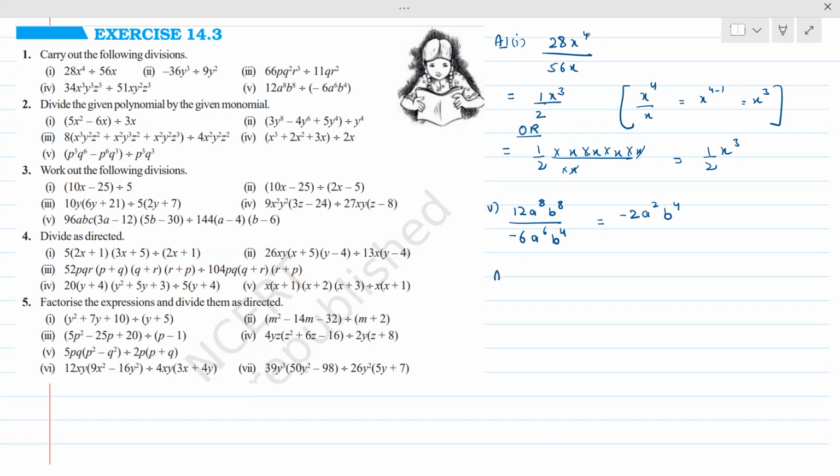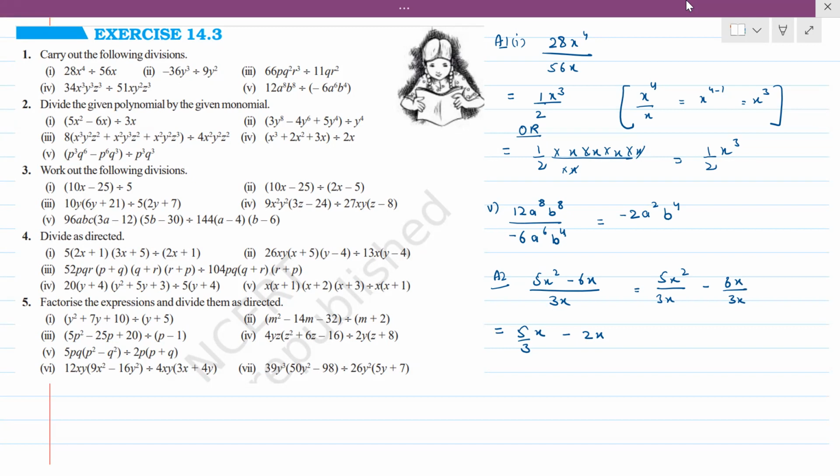This is the first question, very simple division. In the second question, we have the polynomial by monomial. So we can do it like this also, that we have done it. 5x square minus 6x by 3x. For this, when we split, it will be 5x square by 3x minus 6x divided by 3x, which will further give us 5 by 3 x minus 2, right? So you can either do it like this or you can do it in the division form,